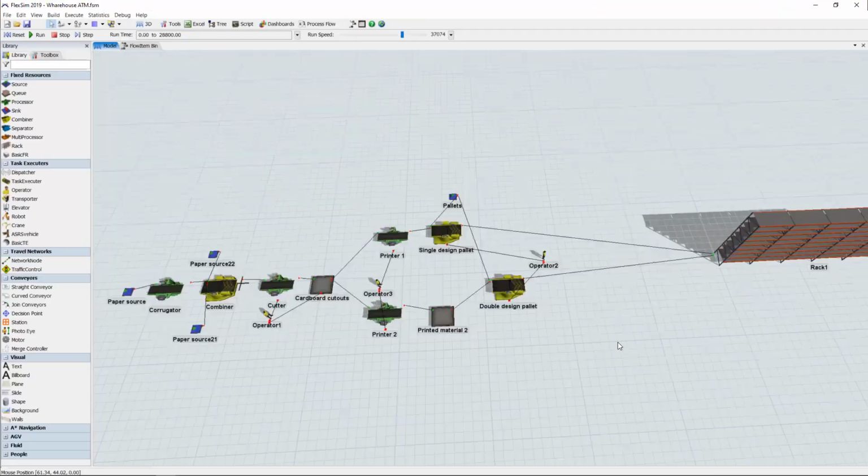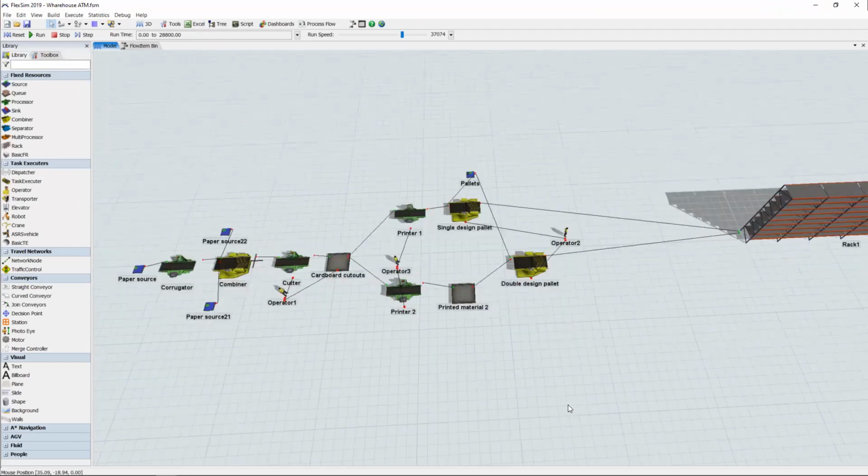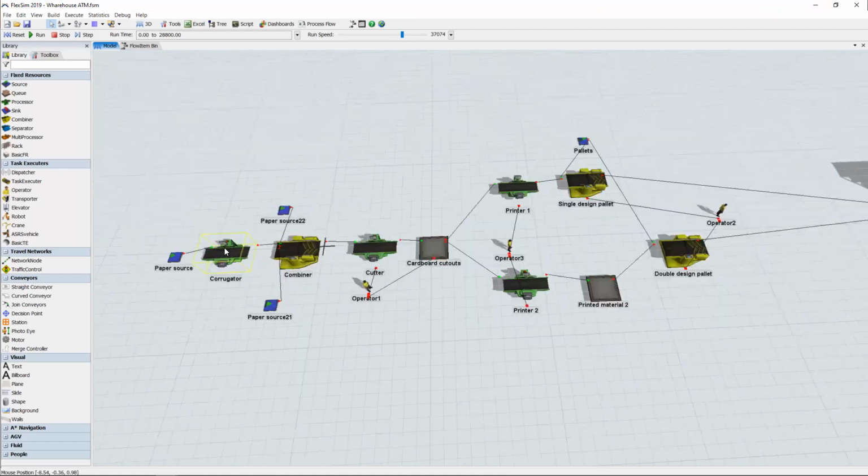So our actual problem is that this is a cardboard company that prints for their customers. So we have a paper source. Can you confirm that you can still see the simulation? Yes. Okay. So the actual problem is, we have the corrugator, the paper enters, and we have a